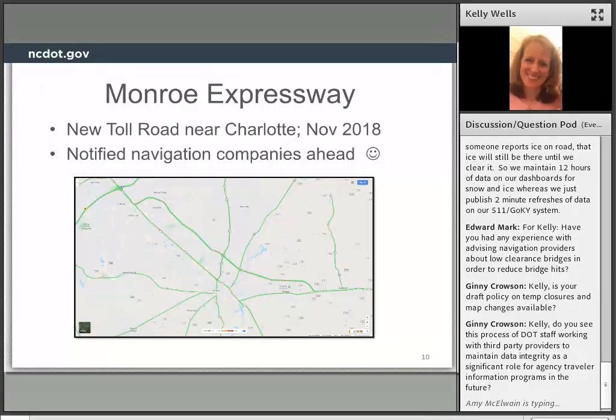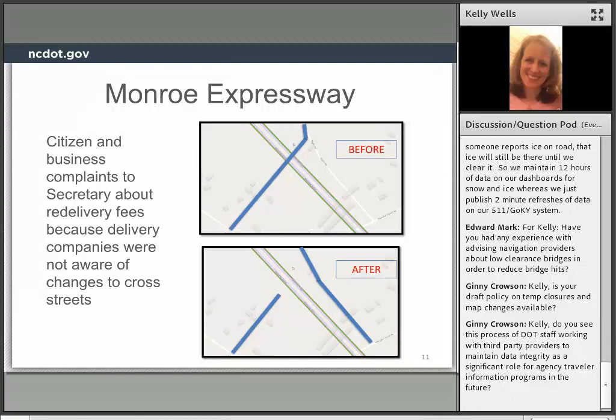Similarly, we had a new toll road open last year, and we were really good about getting to the companies and letting them know, hey, there's going to be this new way into Charlotte. You can take this toll road that gets you to Charlotte. And we were all happy. It showed up quickly and everybody was happy. Well, that was until the secretary started getting letters from citizens and businesses saying that they were getting redelivery fees